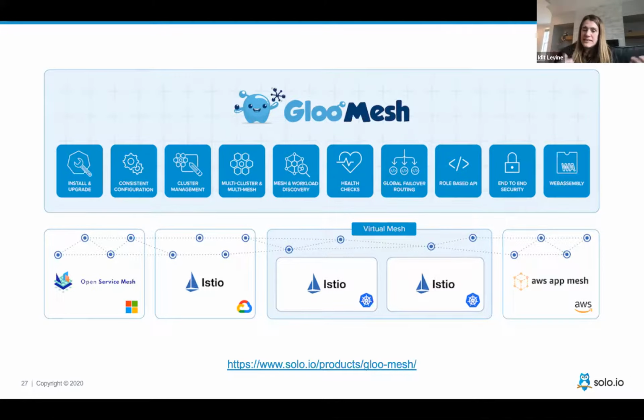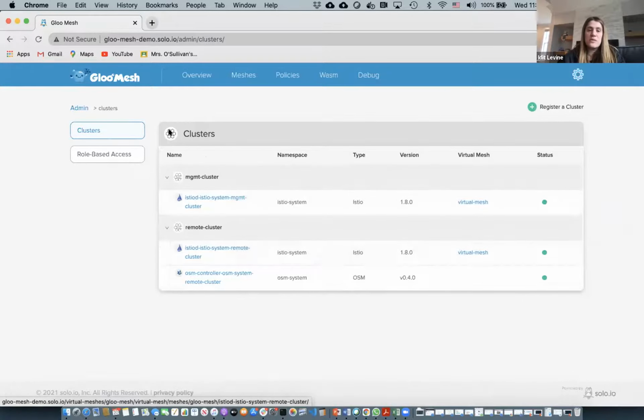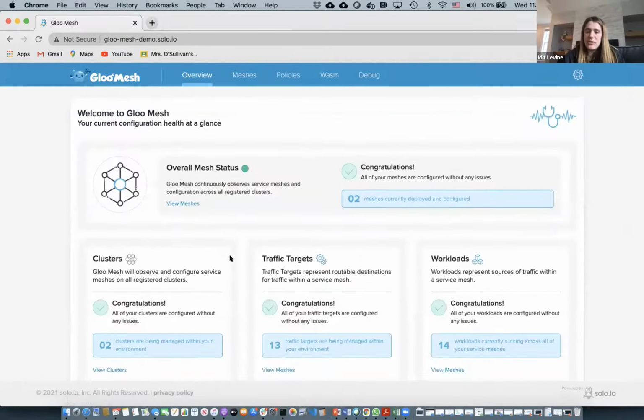And again, that's part of what Gloo Mesh does. As I said to you, it's an open source project, so I really recommend you go check it out, but this is what it looks like. It's extremely simple. Here, for instance, you register your cluster. I have 2 clusters registered here, and this is live production, right? I automatically discover Istio in each of them and Open Service Mesh on them. And then I see everything that exists there.